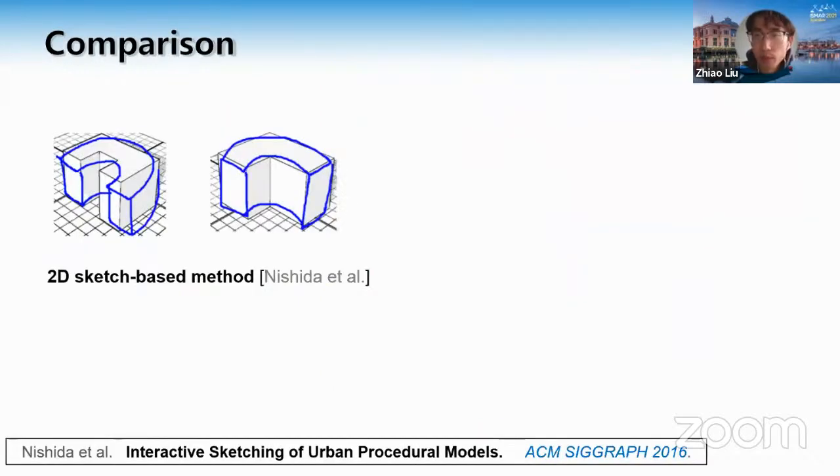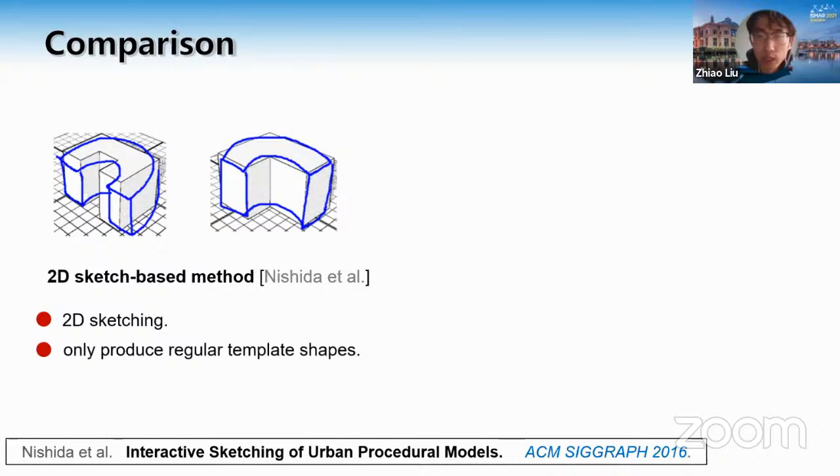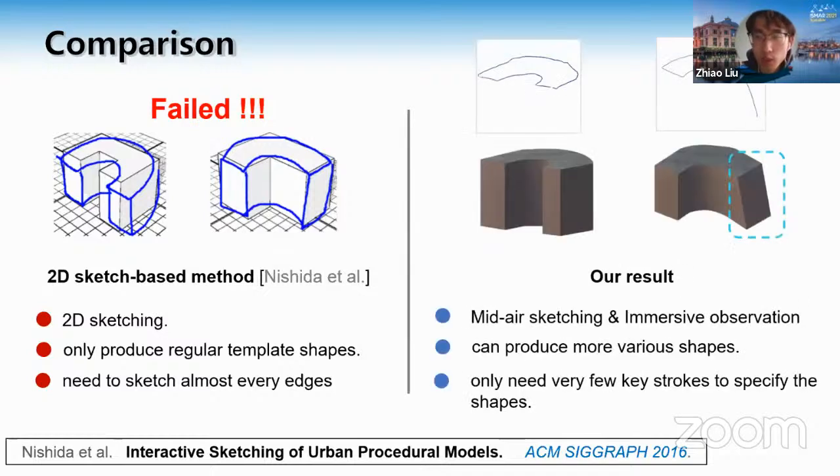Then we compare our method with the previous 2D sketch-based method. First, they use the 2D sketching, which suffers from predicting possible 3D depths, and they only produce the template buildings with regular shapes. For these two examples, the user tries to create the curved facades. However, the resulting models are the straight plans. Also, the users have to sketch almost all the edges to depict the shapes. By contrast, our system can successfully produce such kinds of freeform shapes, and we just require much fewer strokes to